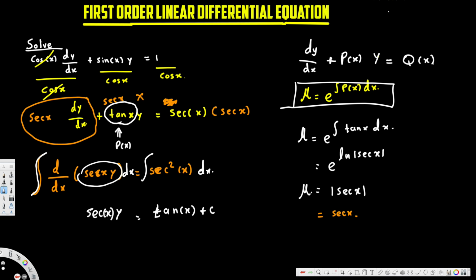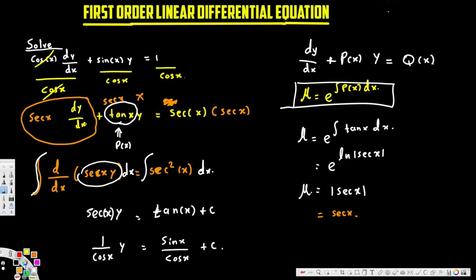Now, sec of x times y, we can write as 1 over cos x times y. Another way to write this. So if I write 1 over cos x times y, and here tan x we can write as sin x over cos x plus constant, because finally we want to express our answer in terms of y. So what we can do is multiply every side by cos x. If you do that,